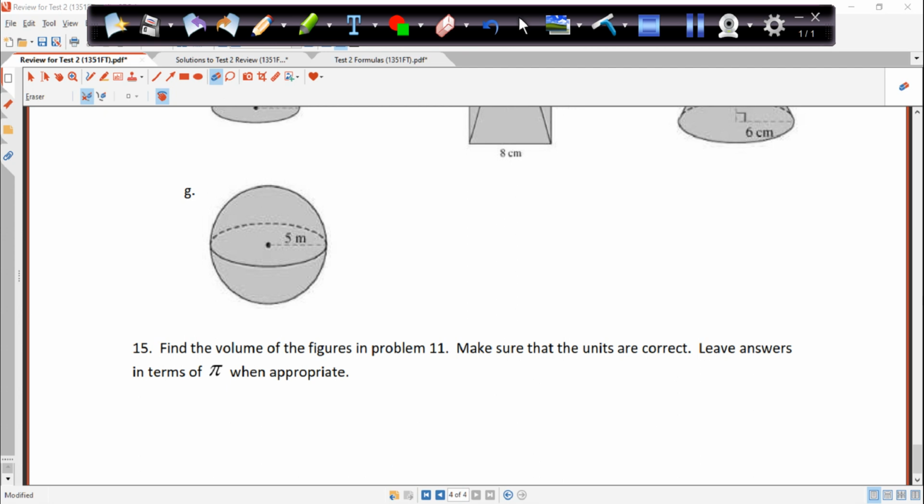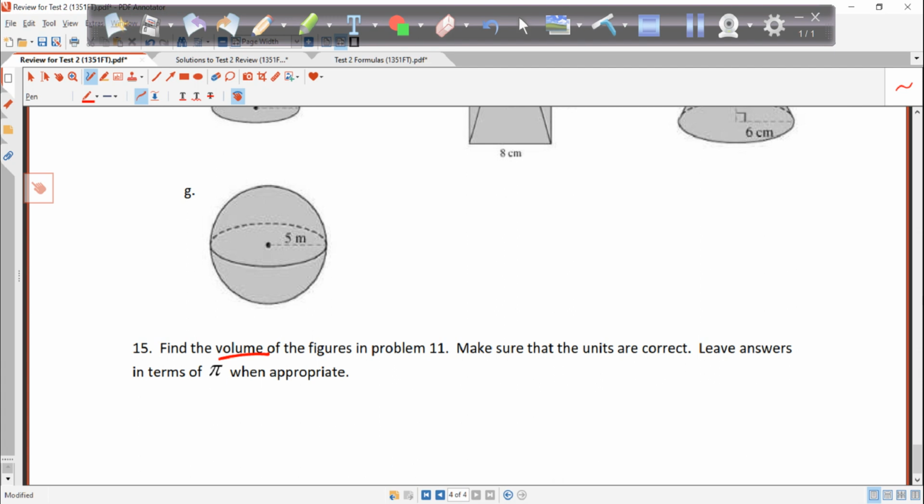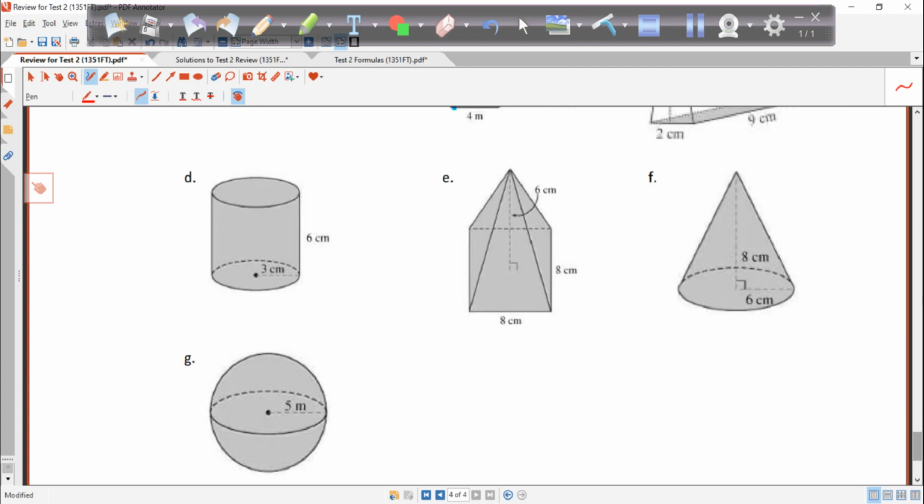This video covers problem 15 from the Test 2 review in Math 1351. This problem is all about volume, and it says to go back and reuse the same pictures from above to find the volume. So I'm going to go back up to A,